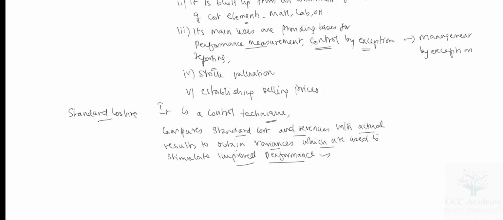If at all you have a doubt between budgetary control and standard costing, they are lookalikes. Both of them are used for control purposes, no doubt. But budget is used more on a broader perspective, on a broader plan, whereas standard costing is more used on actual operational matters like purchase of material, usage of material. So it goes into operational criteria, and budget is a broader plan, like what should be your total sales, what should be your total cost and all that. Anyhow, I'll come to budgetary control a little later, but focusing on standard costing, we need to understand it enables an improved performance. That's the whole concept behind standard costing.